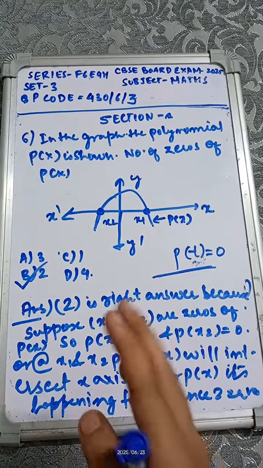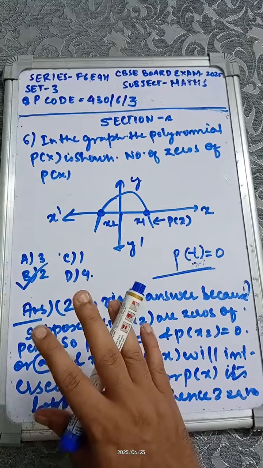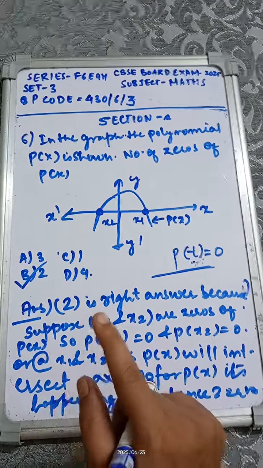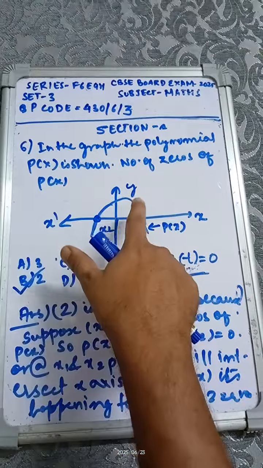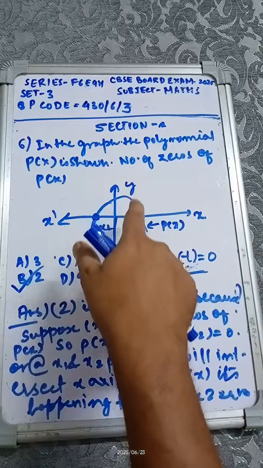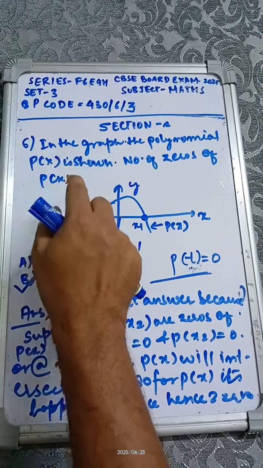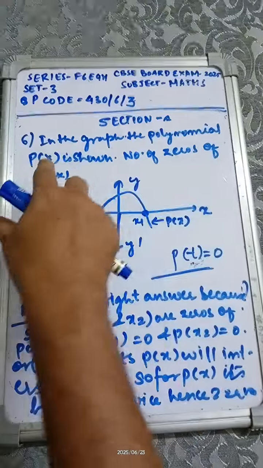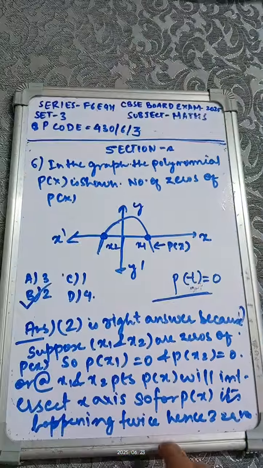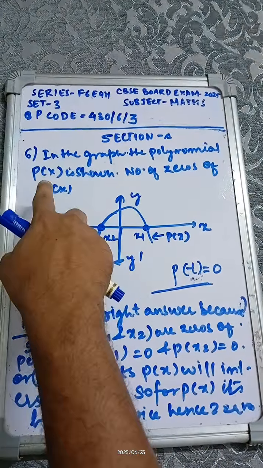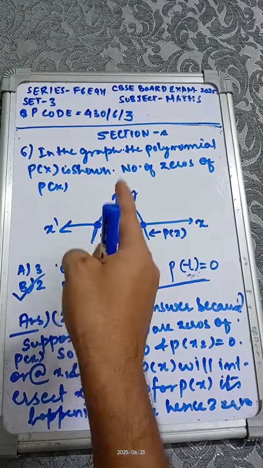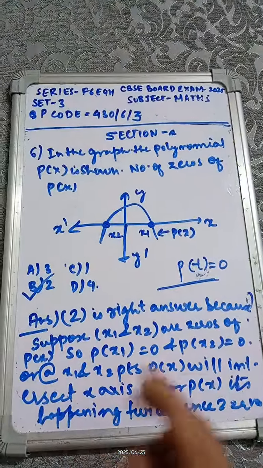In order to make this very short, if the polynomial graph is given to you in the exam, simply calculate how many times it is cutting the x-axis. If P(x) is there, now suppose if P(y) would have been there, then the number of zeros would have been 1. Why? Because only the different points of the variable's axis are taken in this polynomial to find at which points the value tends to 0. Here at 2 points of x this value tends to 0, so there are 2 zeros. If P(y) would have been there, then definitely only 1 zero would have existed. So kindly keep this in mind.